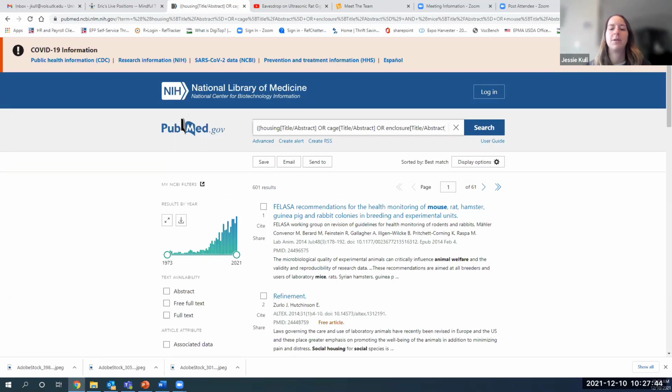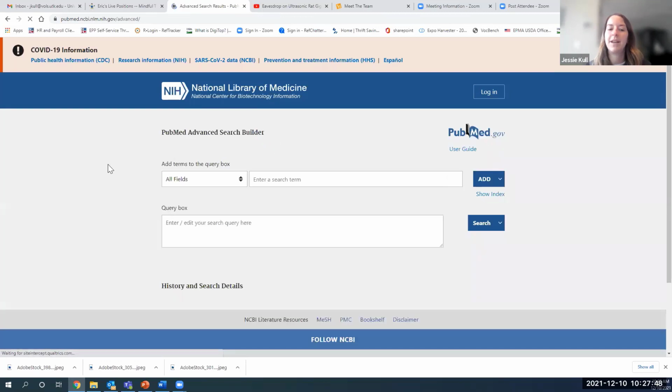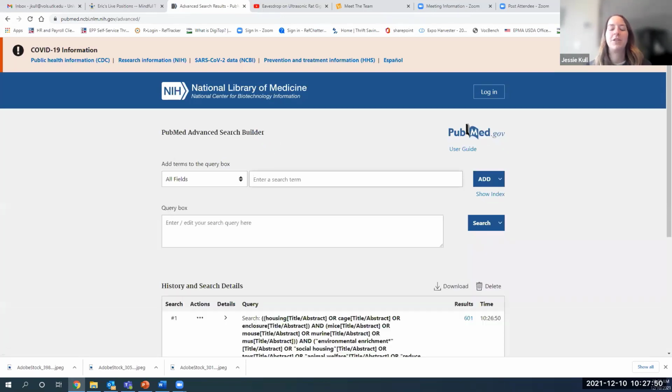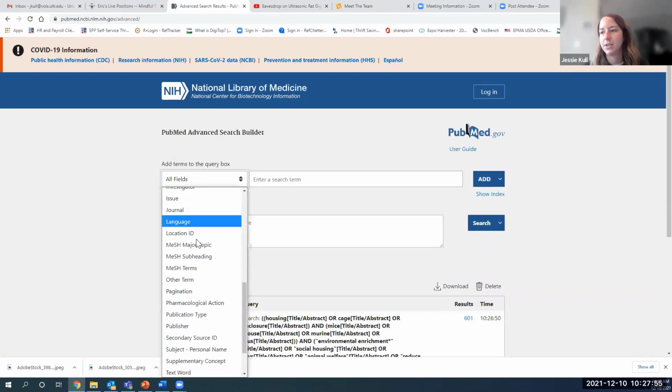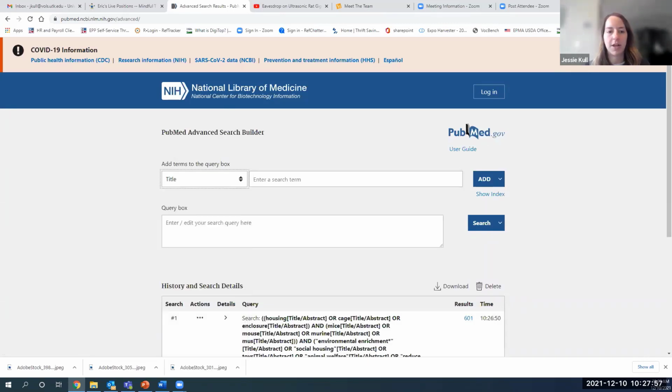Another easy way to reduce the number of citations is to search by only the title field instead of the title and abstract field, which is going to lead to a lot more relevant results because those keywords are now required in just the title field. So let's try that. And again, this is a trial and error process. If this came up with 0 results, we would know that title is too specific and we'd have to figure out another way to modify it. Okay, you might have to go back to all fields.